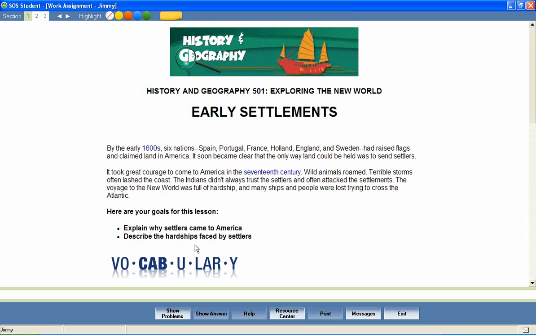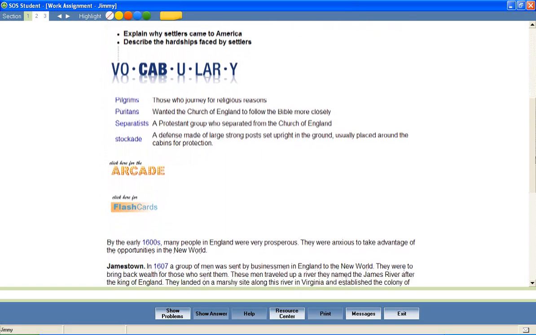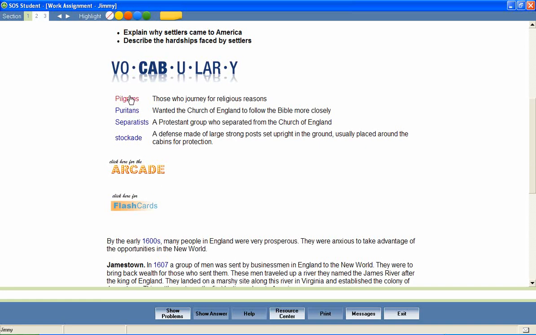of lesson content. At the beginning of most lessons, your students will also encounter a list of vocabulary words that will be used throughout the lesson. We've included several activities to encourage mastery of these important words. For example, students can hear the correct pronunciation of each word. Pilgrims,